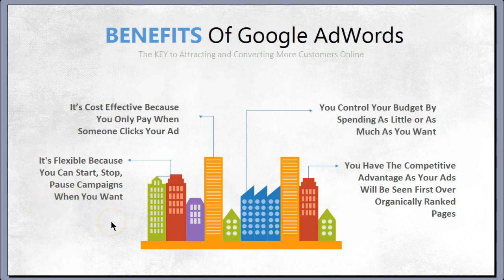Like I said, if it's a holiday, you don't want to advertise on holiday, that's fine. You pause the campaign and resume next day. You control your budget. This is important. You control your budget by spending as little or as much as you want. So meaning that if you want to spend only $10 a day on a campaign, 5 days a week, Google will respect that. And if you want to spend $100 every day, 6 days a week, let's say, Google will respect that